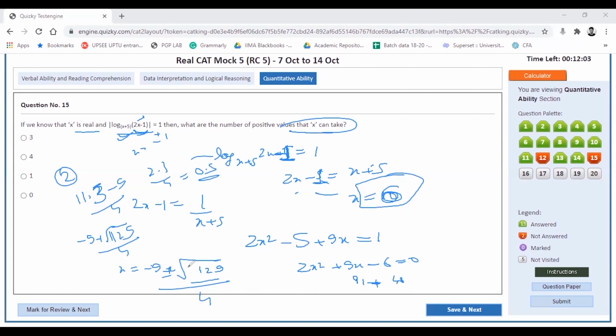Minus 9 plus 11. Okay, so this would be something like 0.5 something,